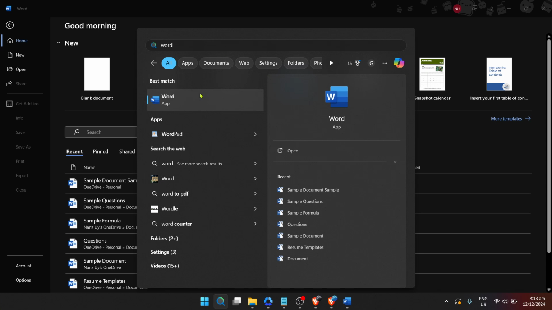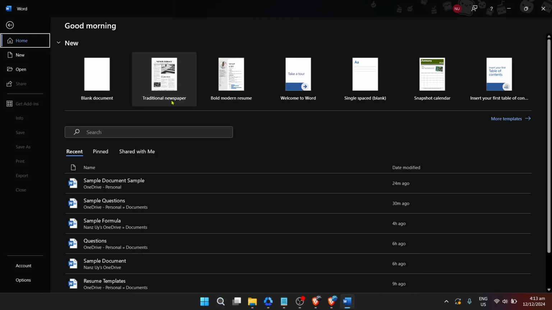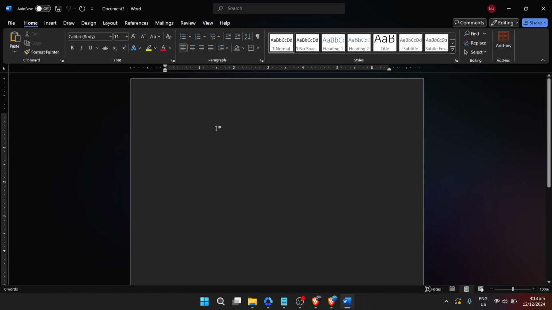After you've typed Word into the search bar, you'll see the Microsoft Word application appear as one of the top options, if not the first. Click on it to open the application. Now that you've got Word open, it's time to start a new document. You can do this in a couple of ways, but the easiest is to click on Blank Document right at the top of the Word home screen. However, if you're returning to a project and want to insert a table into an existing document, feel free to open that one instead. Okay, your document is open and ready.